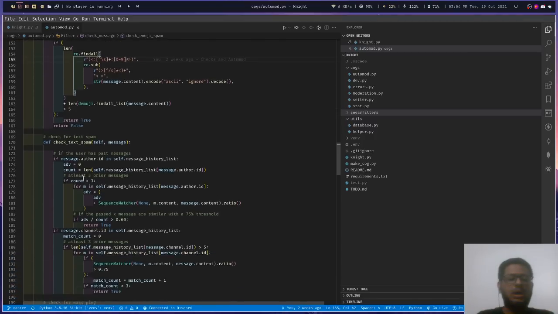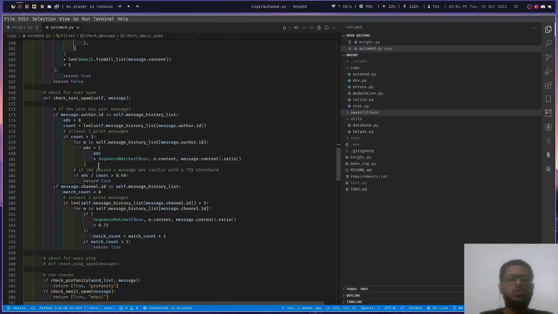And as for text spam, we would store a certain amount of messages in our local memory, and every time a message is passed onto the server, we'll check if the previous 3 messages are the same or not.